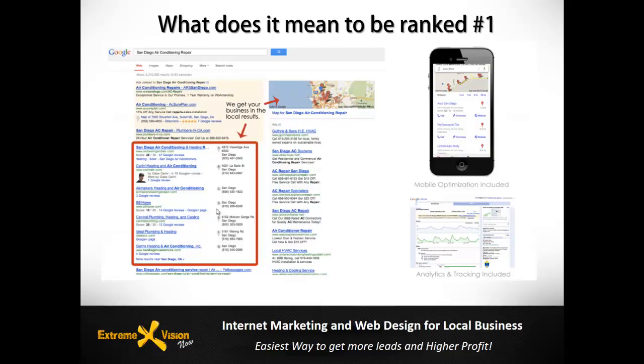So you need to optimize for SEO, which is going to put you in those organic rankings. You need to optimize for local SEO, such as the maps, which would be putting you in these areas. Then you need to optimize for all of those other options that I just showed you as far as review sites, social media sites, and all those things. That's going to put you basically at the top of the maps everywhere, and you're going to have a lot more customers who are actually going to find your business.